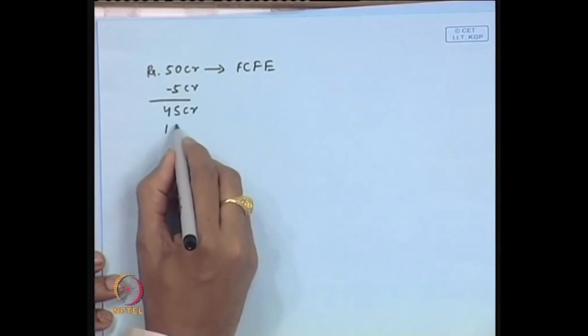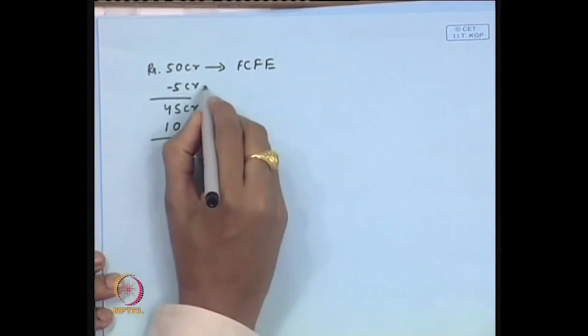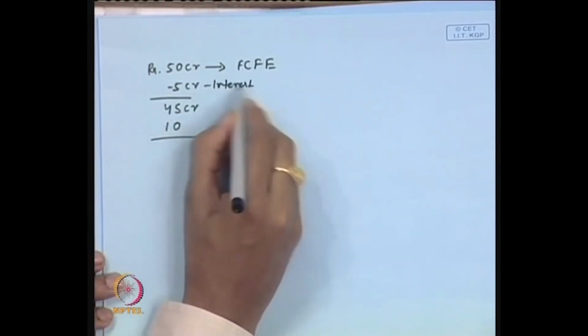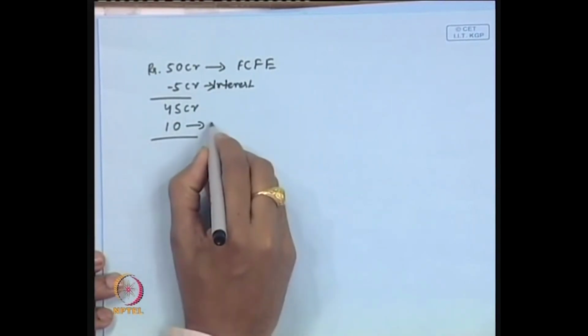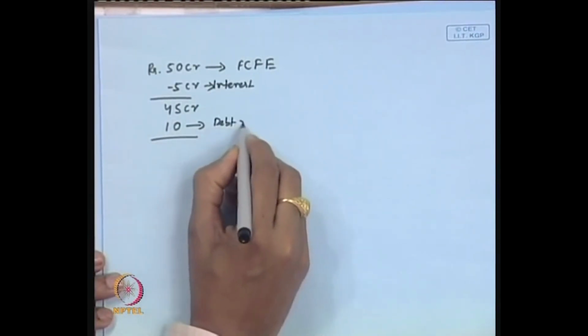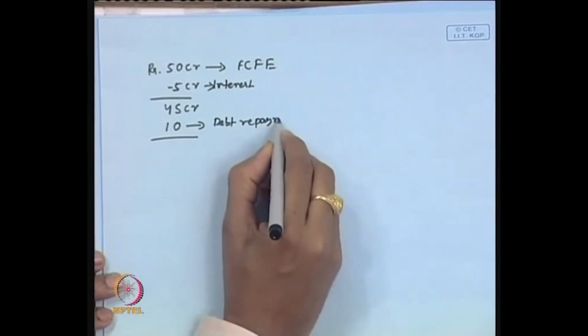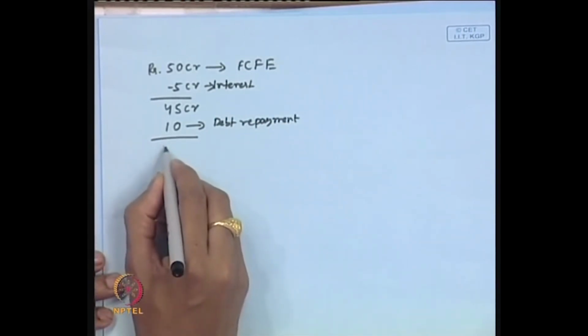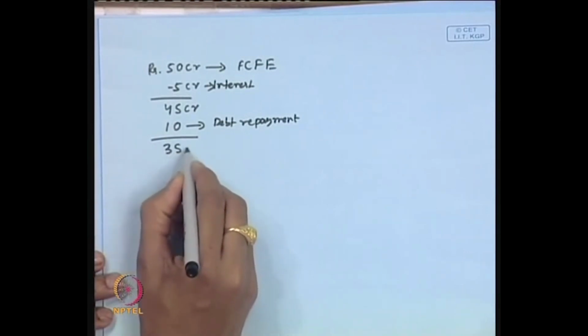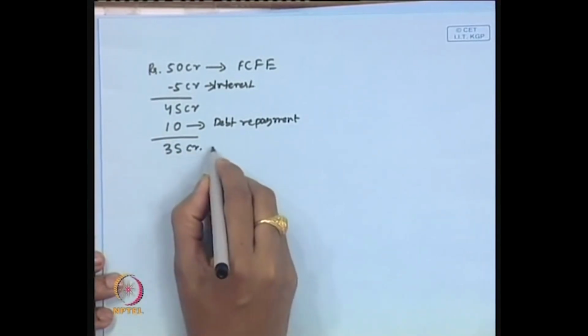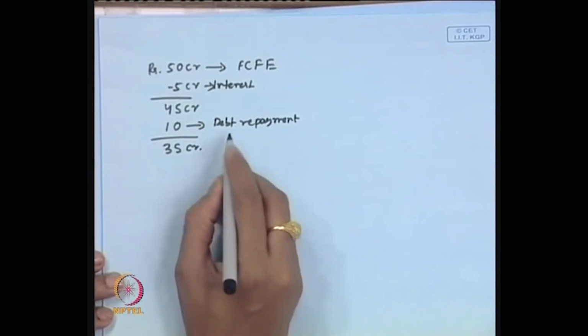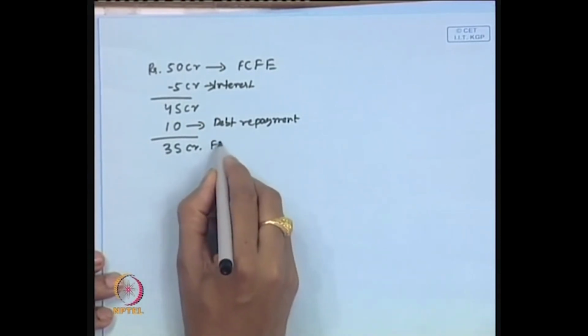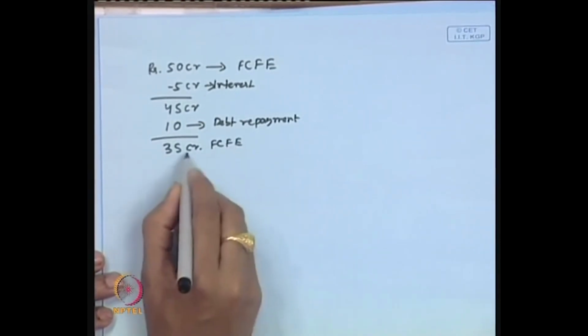Then let us say there is a scheduled debt repayment. So, this is our interest and this is our scheduled debt repayment that takes place. That gives us 35 crore, which is actually available for the equity holders,